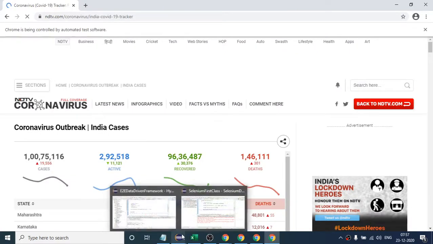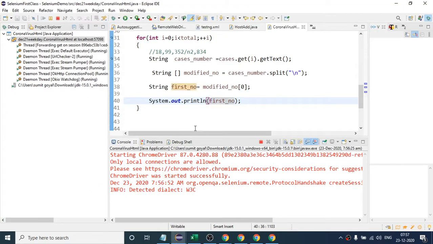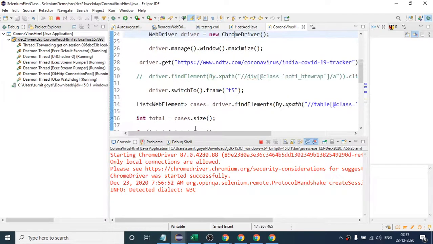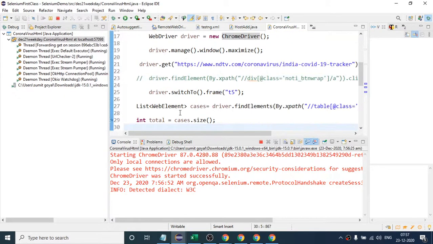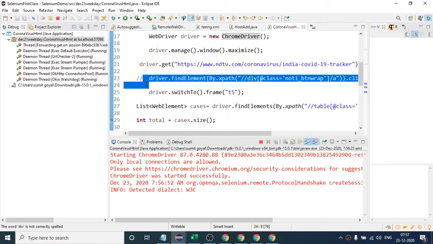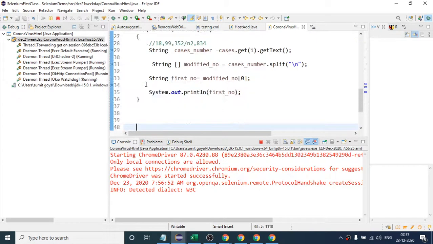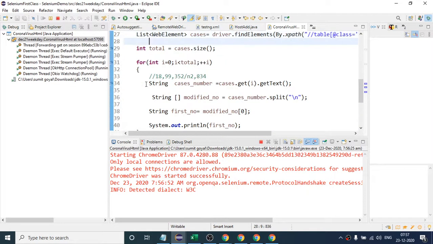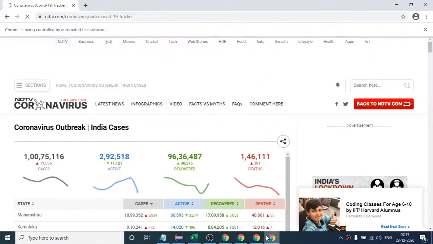But I think it is still taking a longer time to load. So you can use this line. I have commented that. Once you uncomment this line, it will automatically click. So we have already seen this. Otherwise, again our code will stop here at line number 29 once the website loads.